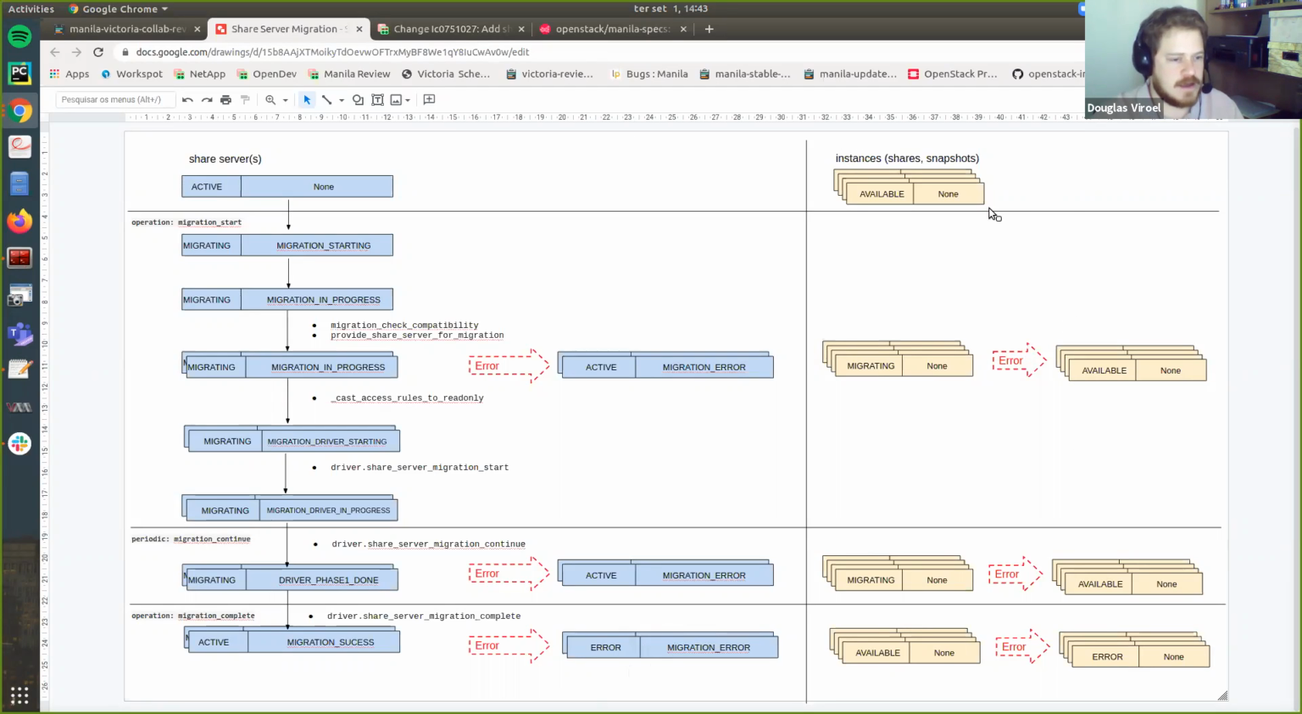And on this side I have the instance. So there isn't too much difference. The only thing is that we are not changing task states for shares. So we are migrating share servers, moving states between share servers. The share servers are being managed, and we are just updating the instance status at this moment, because